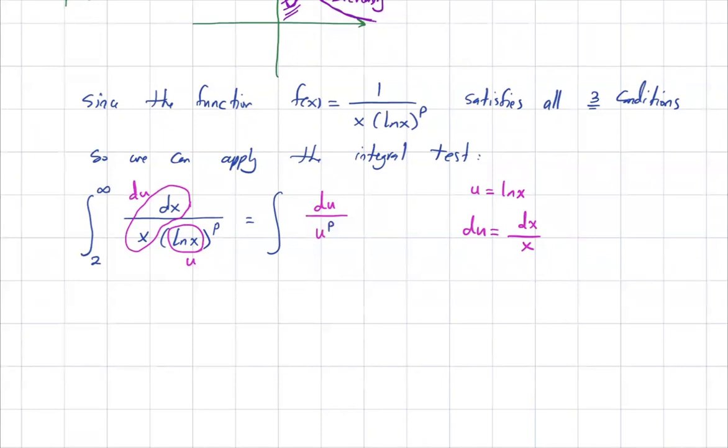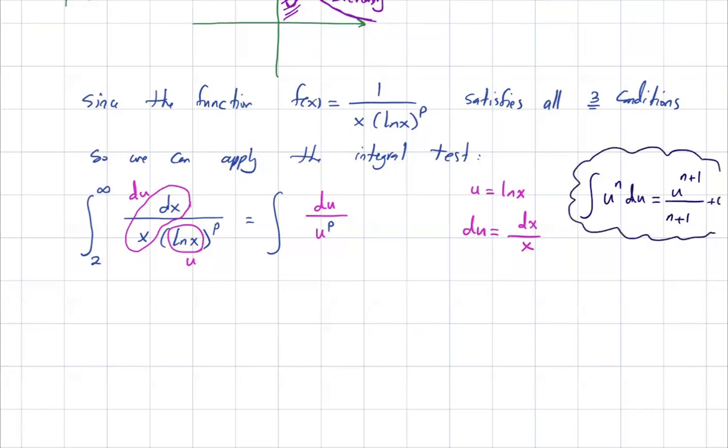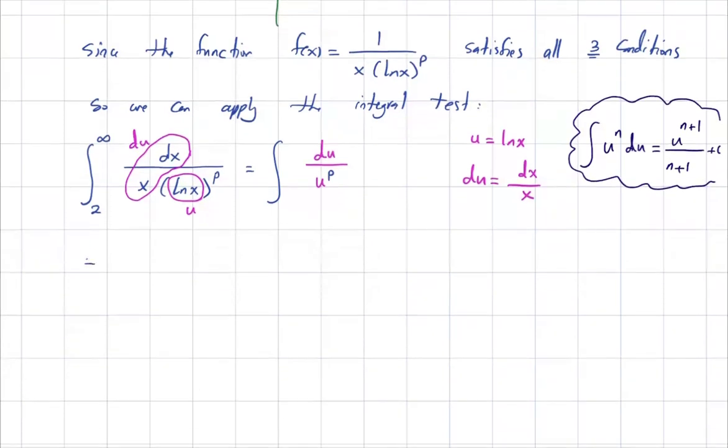Remember, from calculus, if you have the integral of u to the power n du, this is equal to u to the power n plus 1 divided by n plus 1 plus a constant of integration. So this integral can be written as the integral of u to the power negative p du,